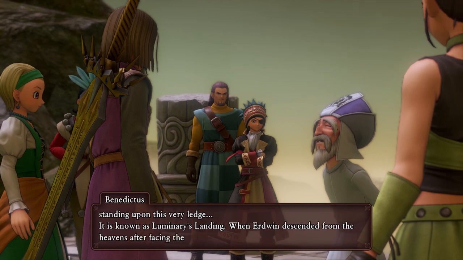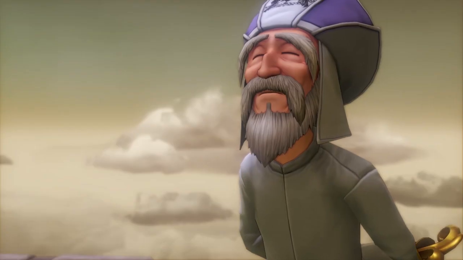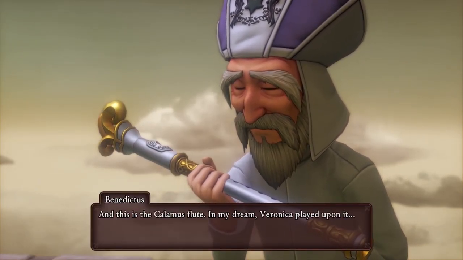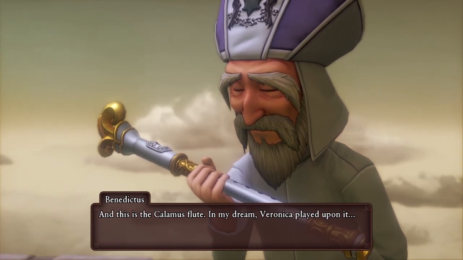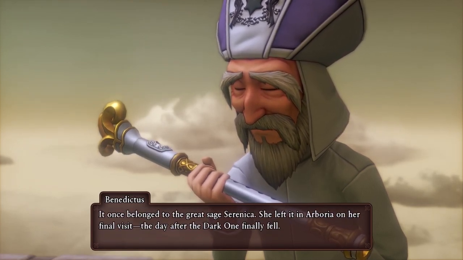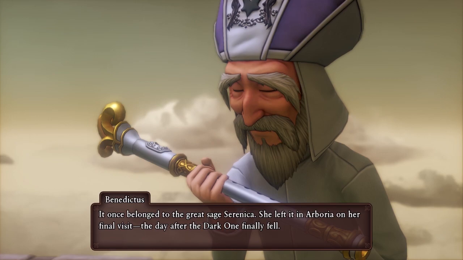I saw Veronica standing upon this very ledge. It is known as Luminary's Landing. When Erdwin descended from the heavens after facing the Dark One, this is where he alighted. Okay. And this is the Calamus flute. It once belonged to the great sage Serenica. She left it in Arborea on her final visit, the day after the Dark One finally...